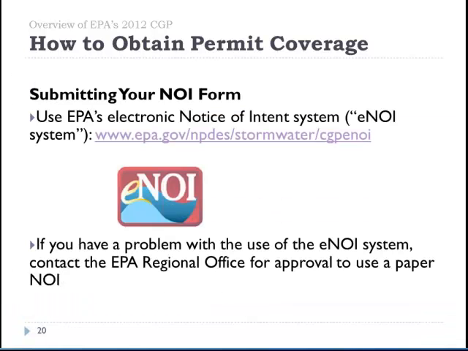The vast majority of NOIs that we handle come in through our electronic system, which is referred to as the ENOI system. The ENOI system is something that we require to be used in the permit. However, we've allowed regions to, on a case-by-case basis, enable operators to use the paper form if they're having difficulties with the electronic form. Basically, we've found that the operator will get coverage sooner if they use the electronic process that enables that 14-day waiting period to begin immediately.